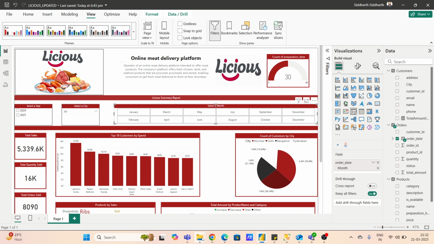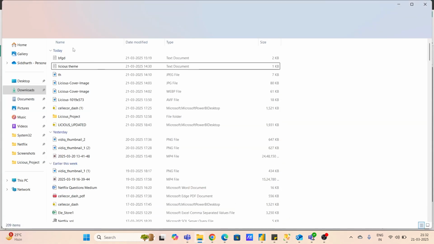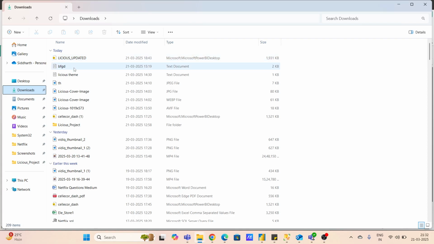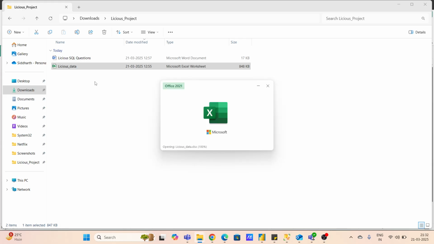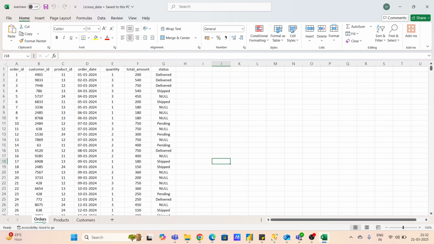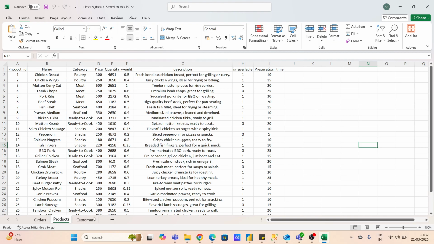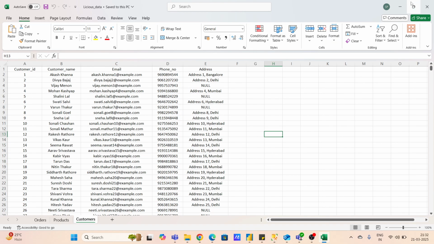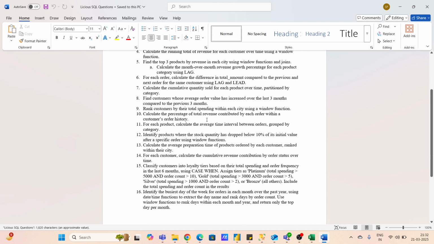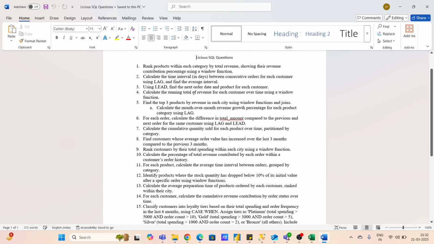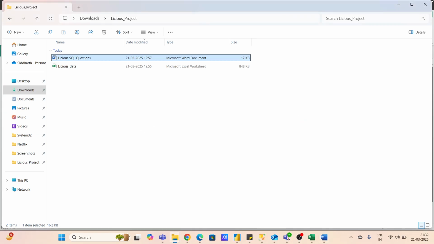For the data set, I have created a folder, and I will give you all of the access to that. You can see the Licious project where I have given you the Licious data. When you open this Licious data, you will be getting three files, which are the orders, products, and the customer. This is the data of the customer. And these are the Licious SQL questions. We have solved almost every question in the SQL questions list, and now